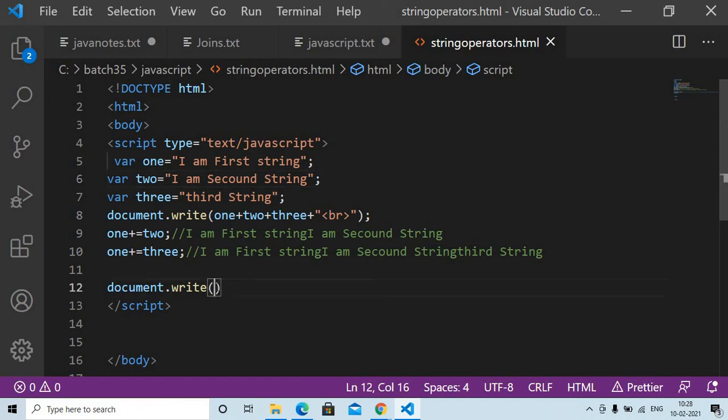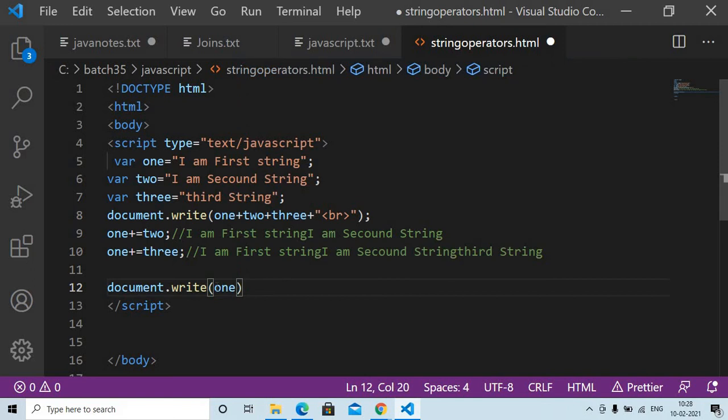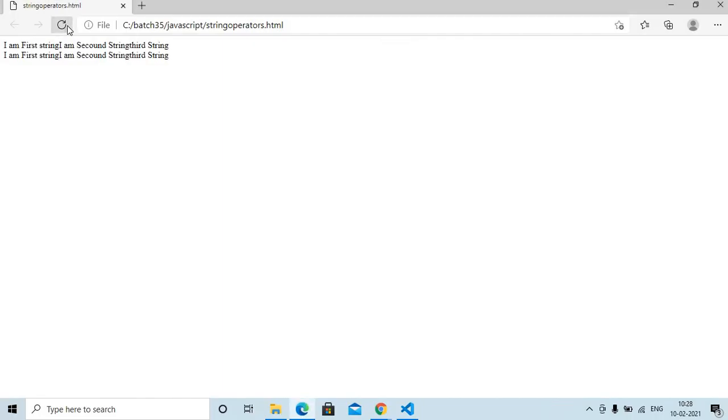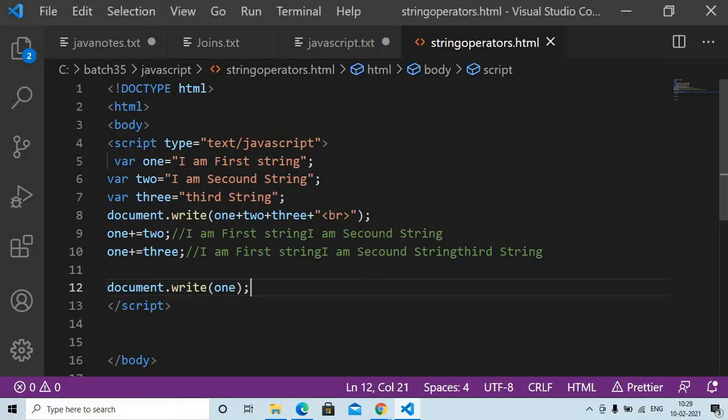Okay, so instead of this document.write, I am just writing the one variable. Okay, save, replace. Okay, now you are getting the same result, right? So you can make it assigning the values, concatenation plus assignment, and only concatenation, and only assignment is also done. This one, clear?